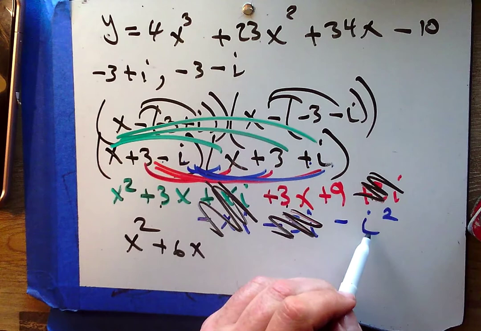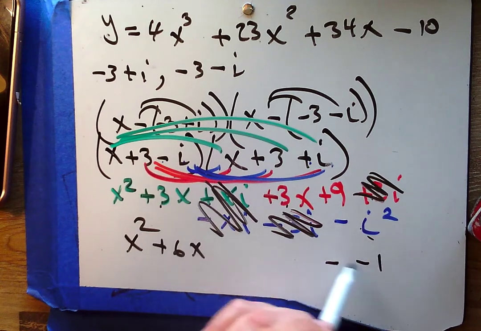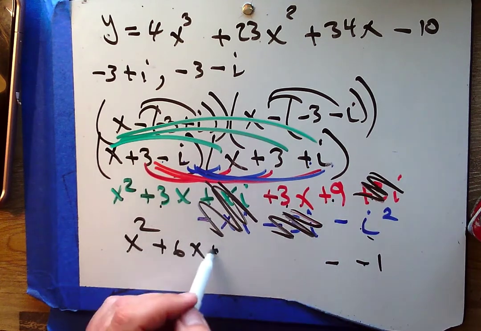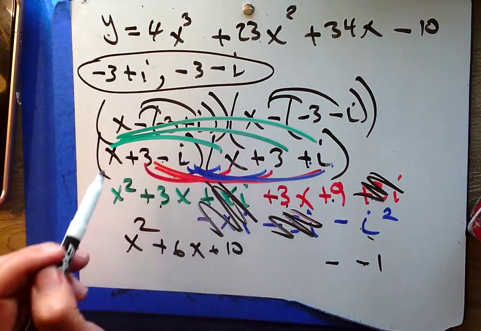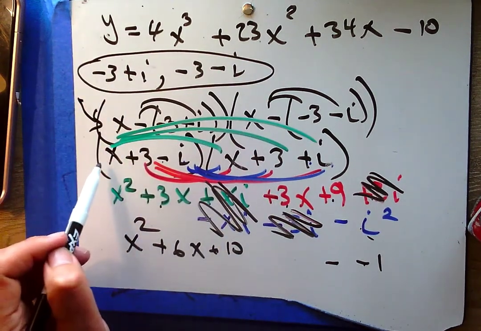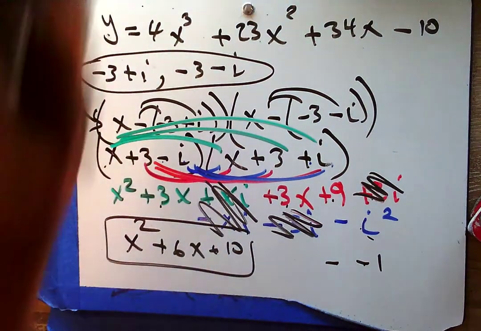And now what about this? This is minus i squared. Well, i squared is negative 1 with a negative in front of it. So that's plus 1. 9 plus 1, 10. Okay? So we can turn these roots into factors. We can FOIL those factors to get this polynomial. And now